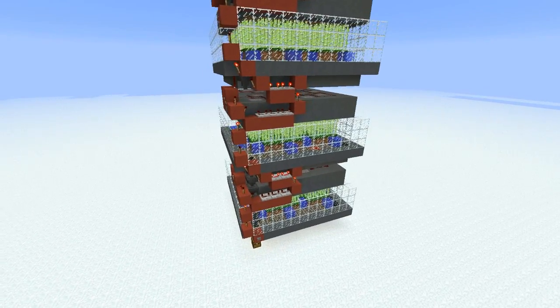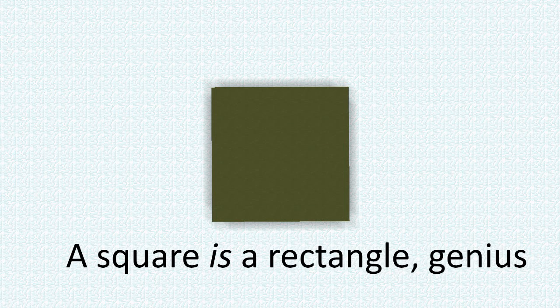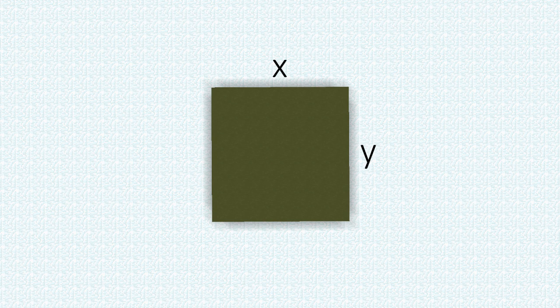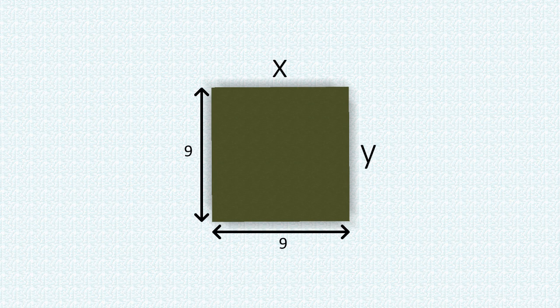So first things first, you have to decide the dimensions for your farm. This is a really customizable design, so you can really pick any dimension once it's rectangular or square. So once you have these dimensions, call one side X and one side Y. This will just make it easier for explaining in the long run, because I'll probably be using different dimensions for my farm to you. For this tutorial, I'm going to choose 9 by 9, so my X is 9 and